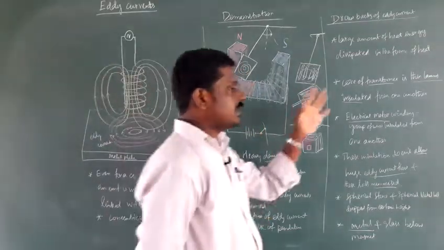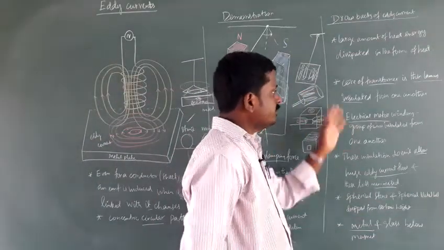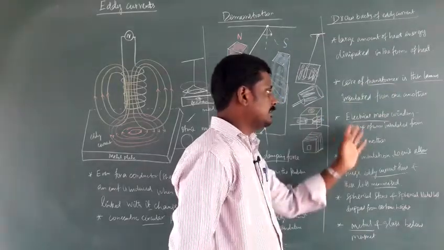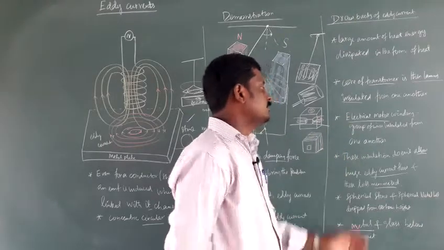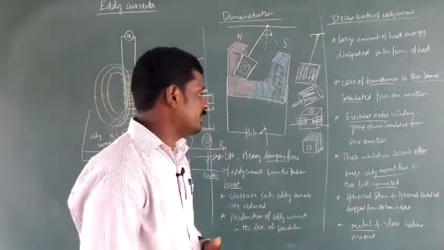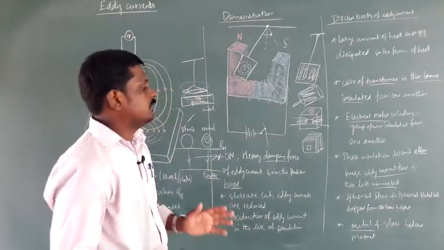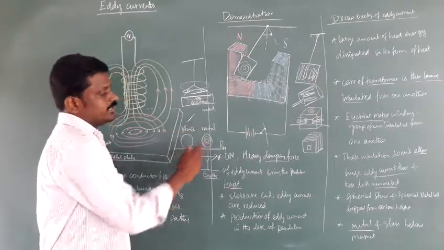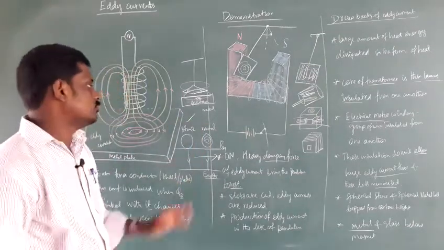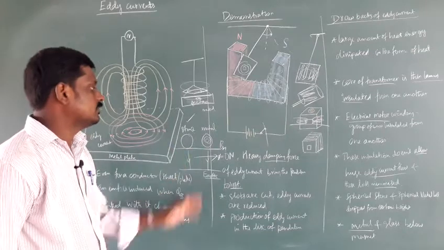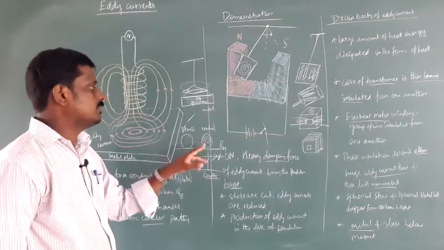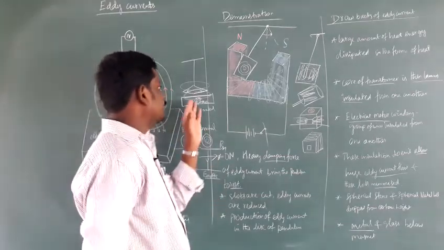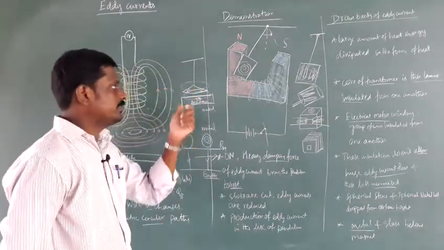Then finally, what are the drawbacks of eddy current? It is minimized in a transformer by using a thin laminated insulated core. In electrical motors, there are different setups with a group of wires insulated. Then finally, two experiments: a spherical stone and a spherical metal ball are dropped from a certain height. The stone should come first, because the eddy current produced in the metal ball opposes the downward fall of the metal. Then a bar magnet is hung and rotated.